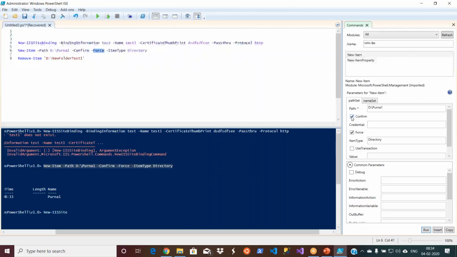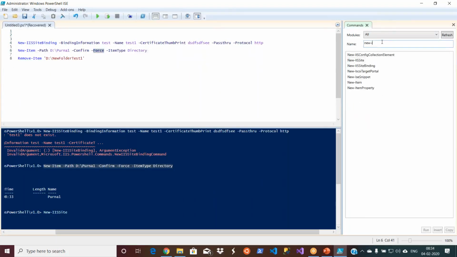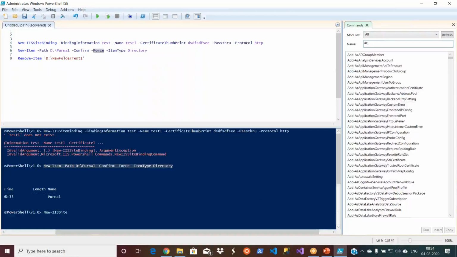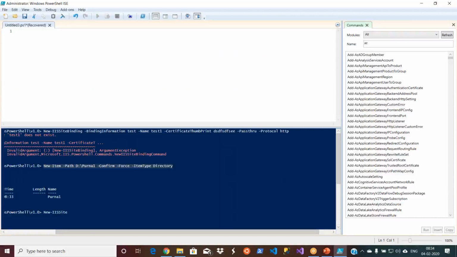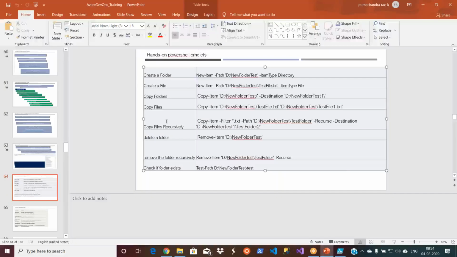You don't need to struggle a lot. Using both Google and here, all you need to know is what thing you want. Let us say you want to work with some Azure virtual machines. You come here, and all Azure commands start with AZ. You can see, and you add many things: application gateways, virtual machines, etc. So this is the best way to learn the commands and the syntax as well. In a similar way, you can work with file systems or any commands.